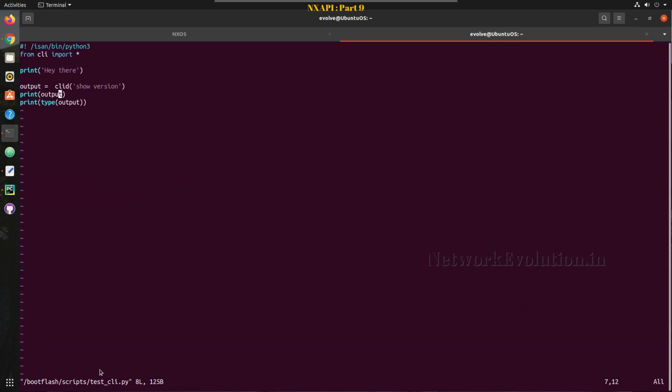So for that, I'll open the file again, and to convert that into a dictionary, I'll import json, and after that here I will convert this output into JSON. So I'll create a variable here, json_data equal to json.loads. Loads will load the string and convert that into JSON, and I'll put output data there,